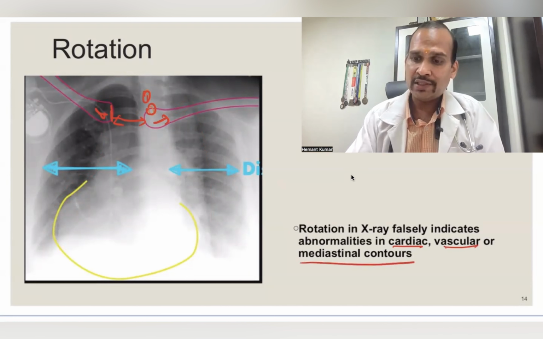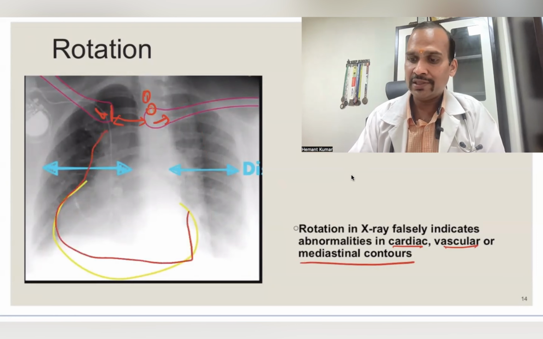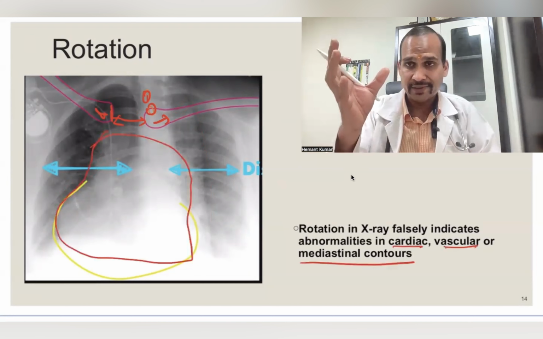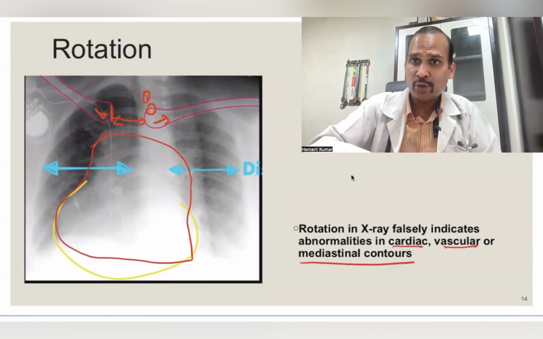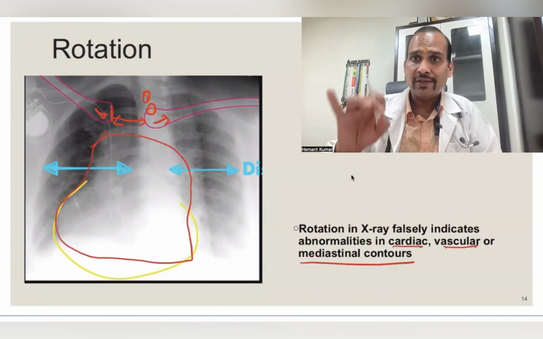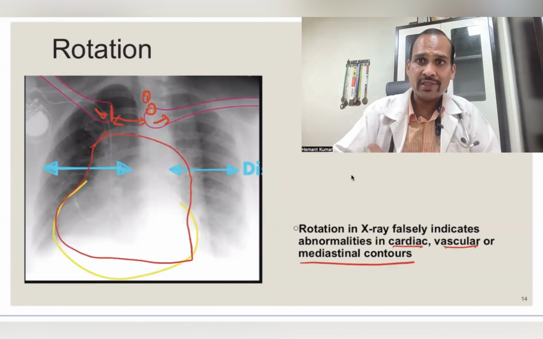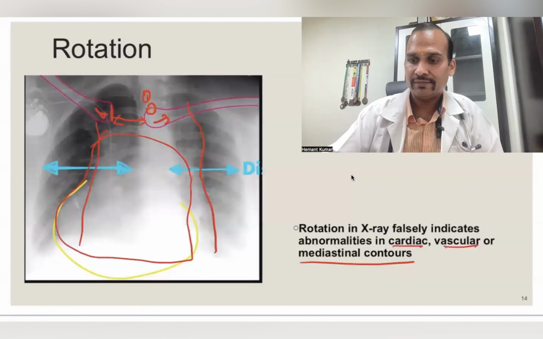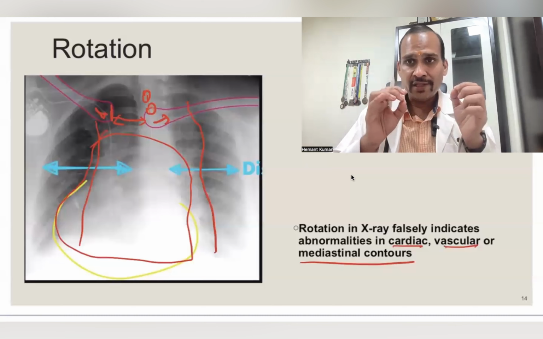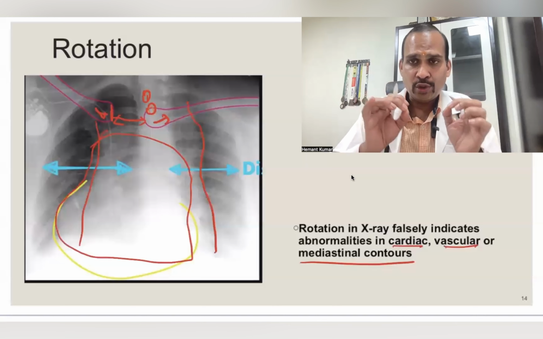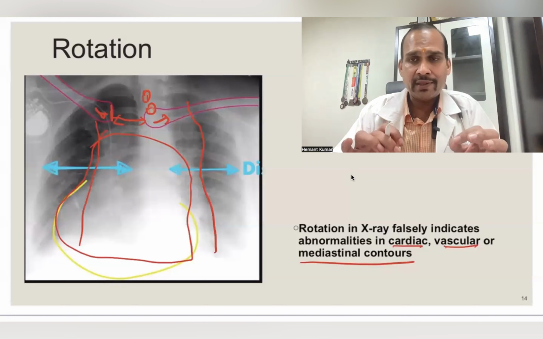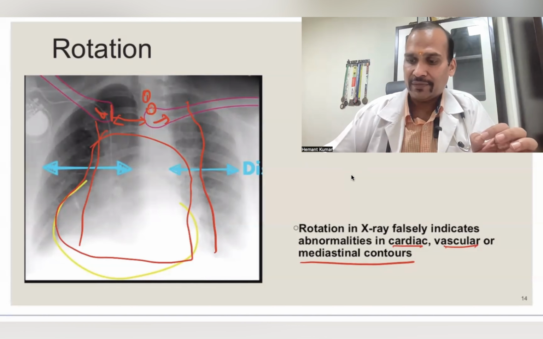In this X-ray, you can see this is the heart shadow. Can you see this is the heart shadow? So this is pseudocardiomegaly, or the heart is rotated. So we cannot say this is normal or abnormal unless we see whether rotation is there or not. You can see this is the mediastinum. So if there is a rotated film, you should not interpret it and you have to repeat. Then only you can give the correct diagnosis.